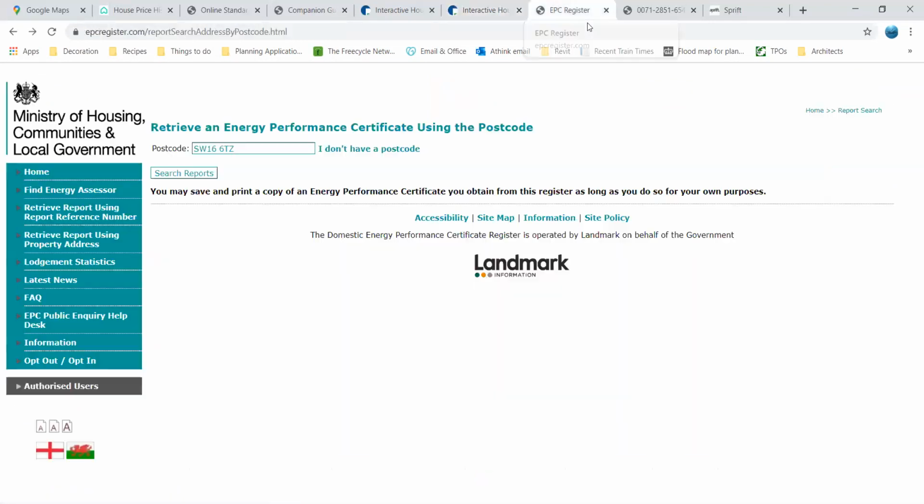Then we come to the EPC. I found this an interesting element for any property, as it can help me negotiate the price probably, or see the potential of that property. So you can go to